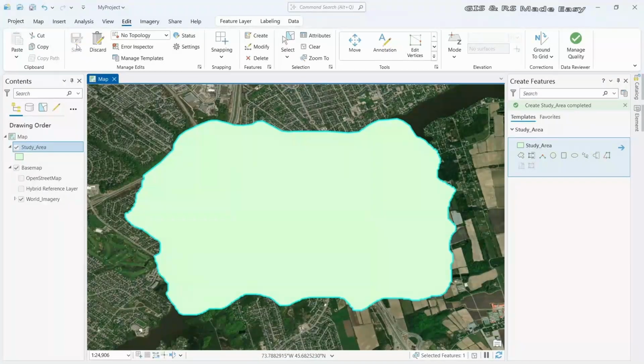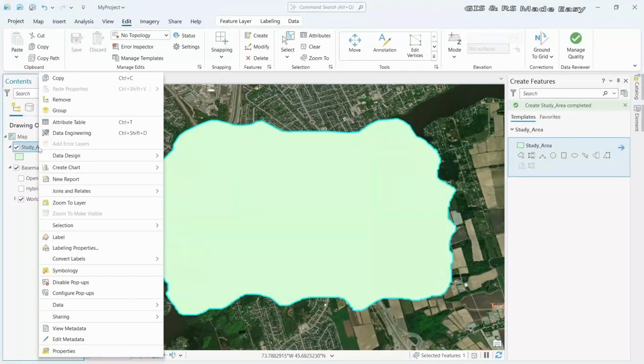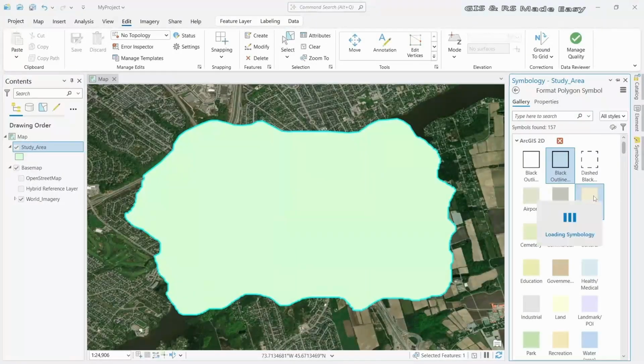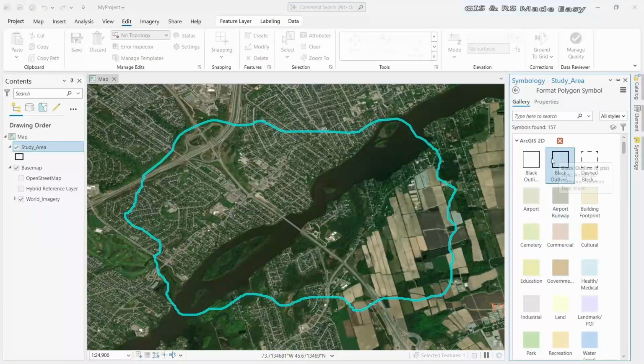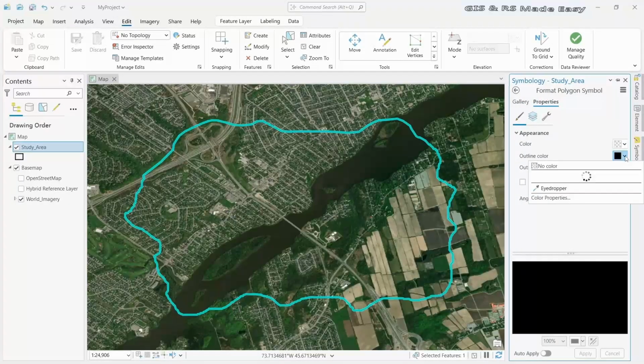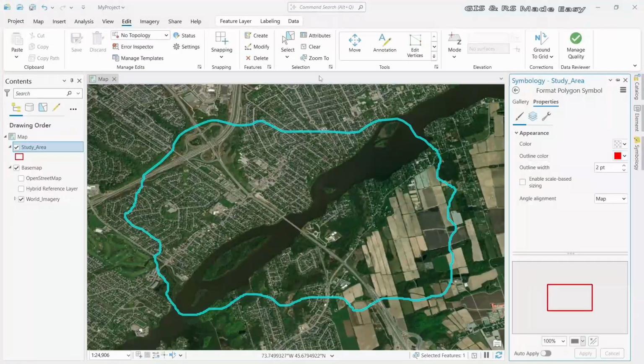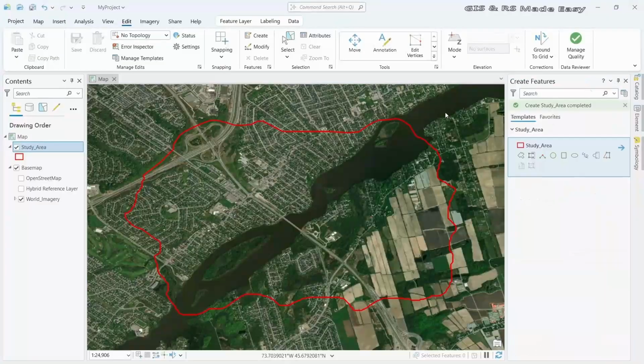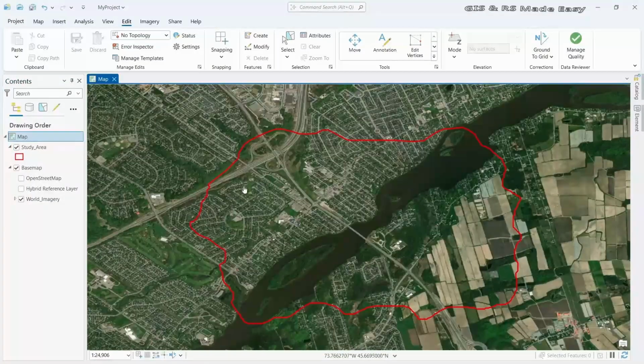Let's save it and make the symbology transparent. Let's make it red color so that it will be easily visible. Let's clear the selection to see the effect. Now we have the study area